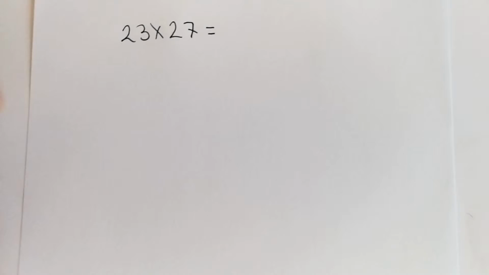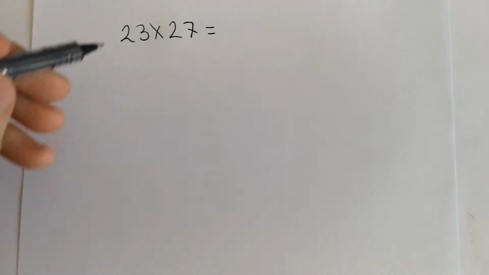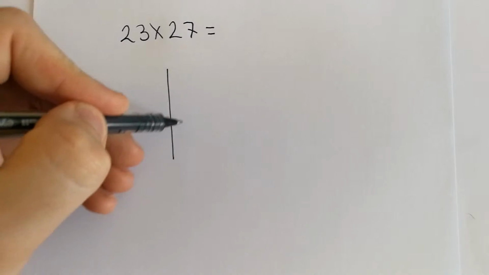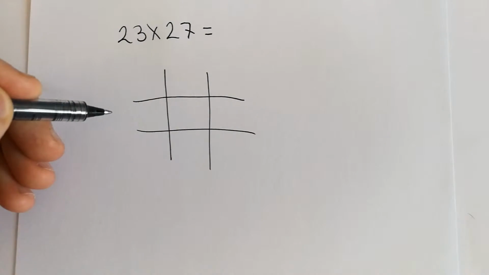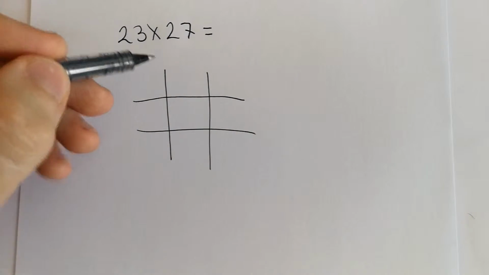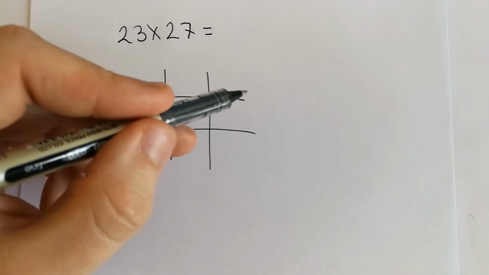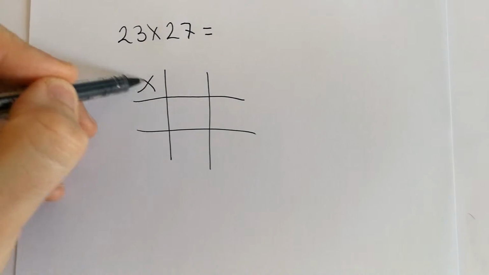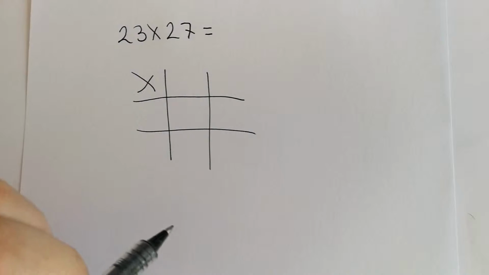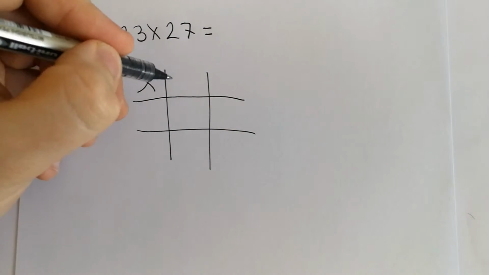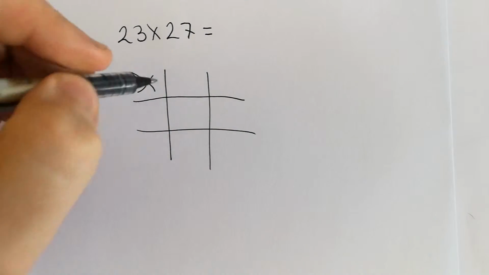And we're going to do something like, let's go for 23 times 27. Now, when we've got this sum, we first of all draw almost like a noughts and crosses grid. But we've got 2 digits, so that's 2 lines, and another 2 digits is another 2 lines with a cross in the corner. Again, almost like noughts and crosses, but instead of writing zeros and crosses and playing a game,